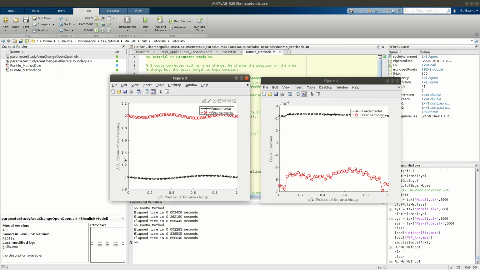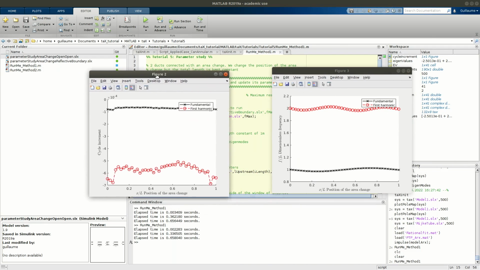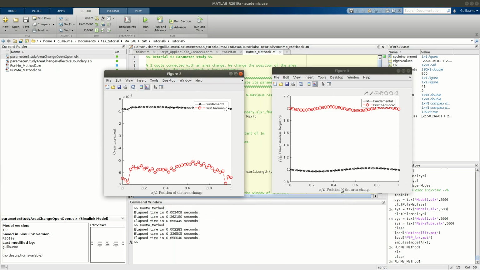So again, let me put that in the correct order. So cycle increment and frequency. Again, the frequency does not change much when we change the position of the area change. And it has a slight impact on the stability. But if you look at the scales, it's 10 to the power -4, so almost 0, which is consistent with